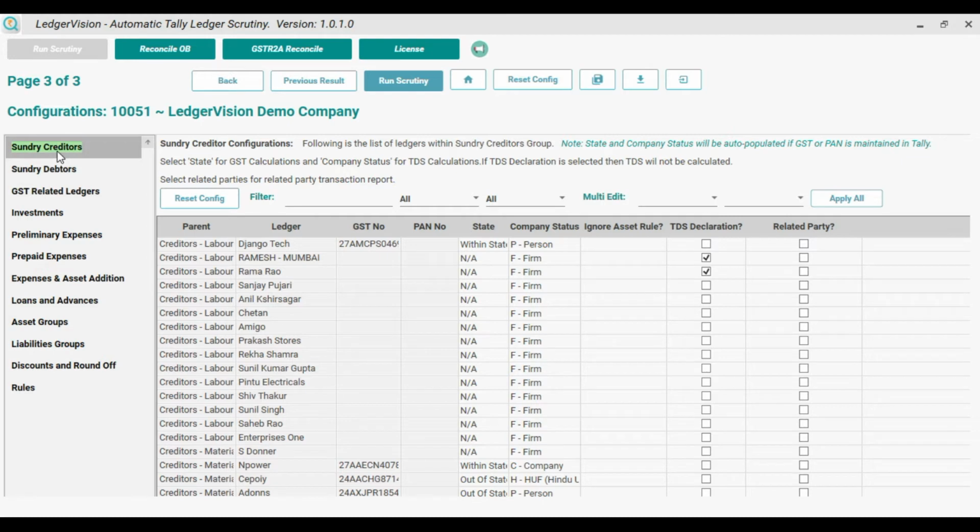From creditors and debtors, if GST numbers are there in Tally, it decides whether it is within the state or out of the state. If the GST number is not there, then from entries it captures whether it is within state or out of state. For example, if an IGST entry is there, that ledger will be treated as out of state. If a CGST, SGST ledger is there, that ledger will be treated as within state. And from GST related ledgers,